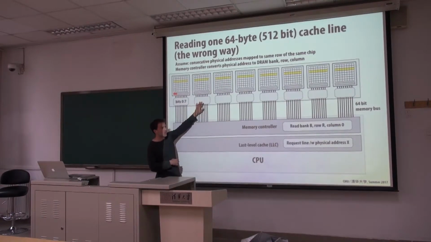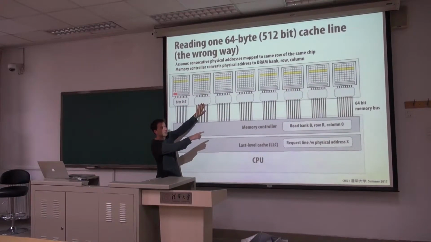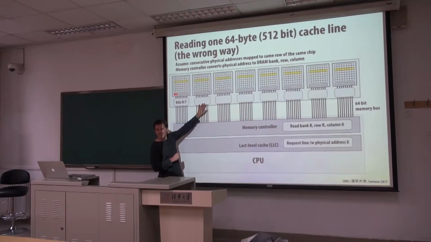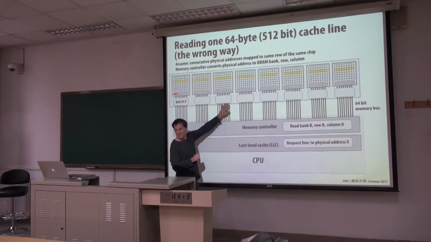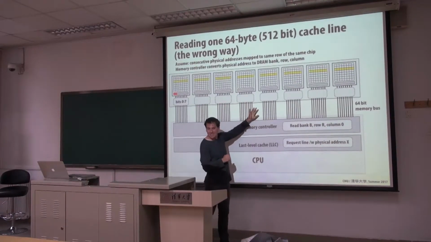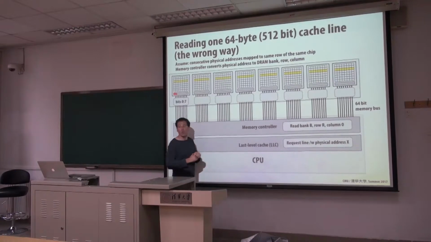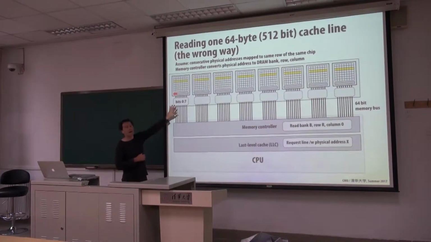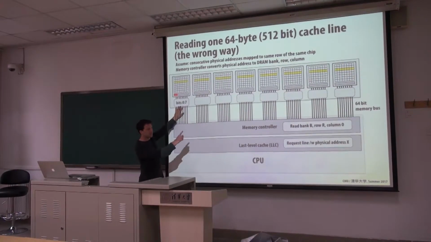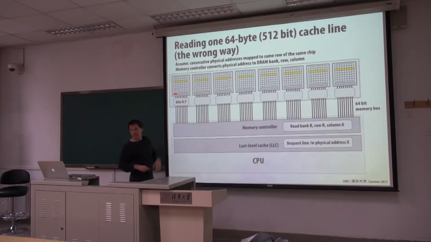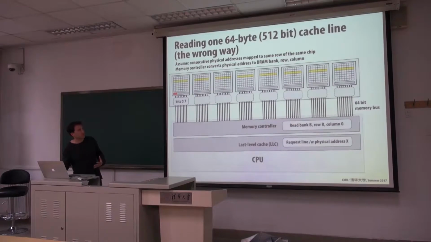Now we're going to put byte 1 at bank B0, row R, column 0. But we're going to put byte 1 on chip 1. And then byte 2 on chip 2. And byte 3 on chip 3. And so on and so on. And where will byte 8 go? Well, byte 8 will actually be bank B, row R, column 1. Right? So if we interleave